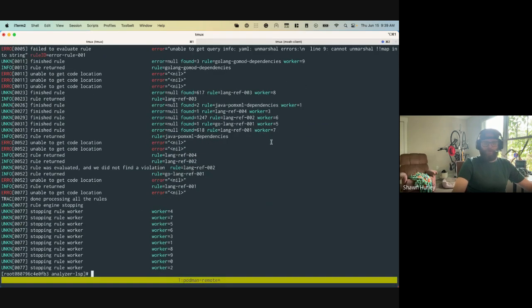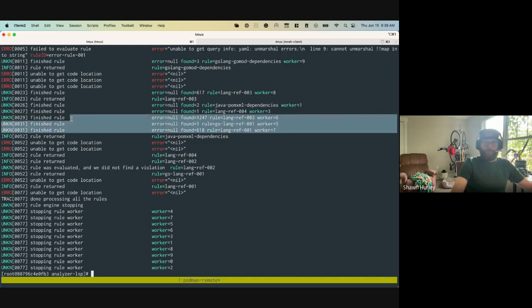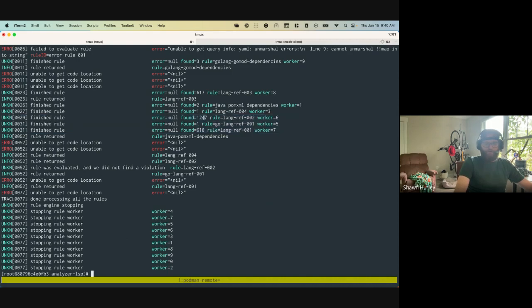And if we roll down, we can actually see that some of these rules, the language reference rules, returned with 1,247 matches and then 618. Now, when you do source only, you end up getting like 7 or 8. But when you run it in full, you end up getting all of the references that you find across the entire known universe for this given project. In this known universe, in this given project, what we were looking at was